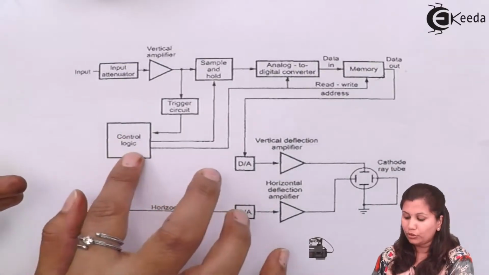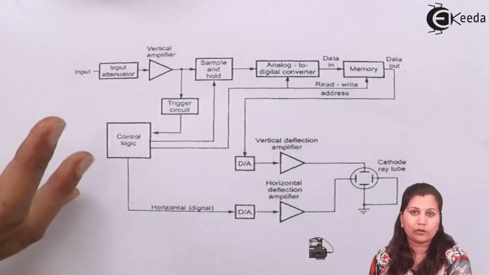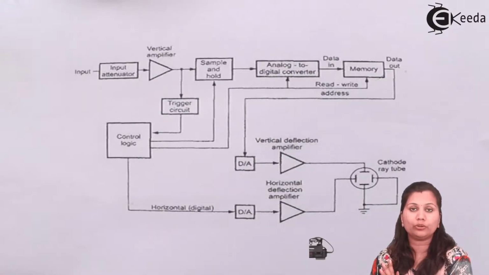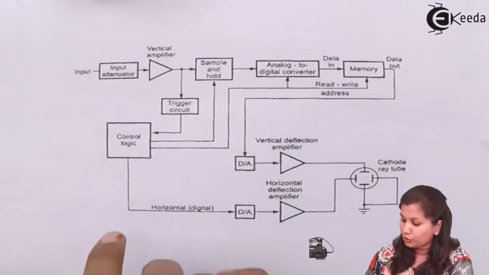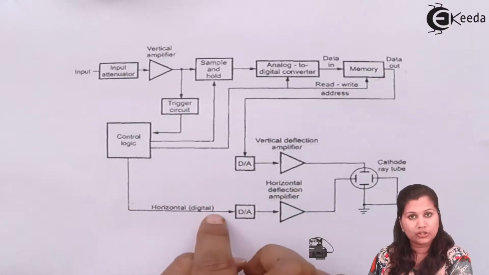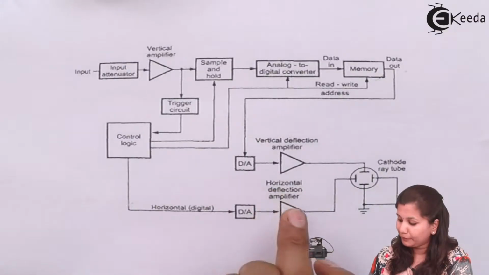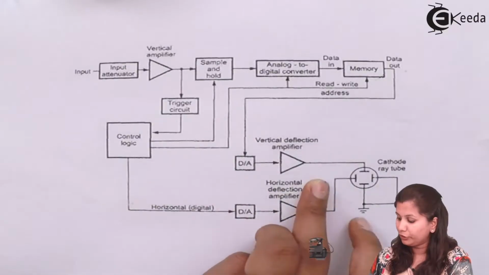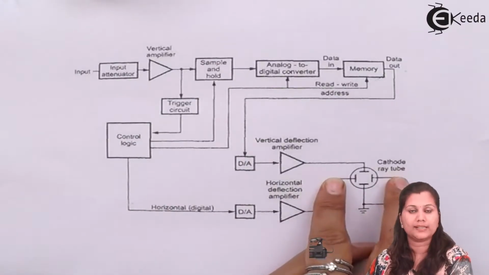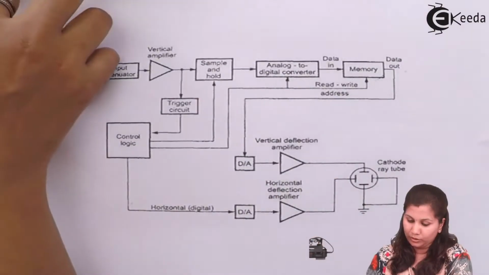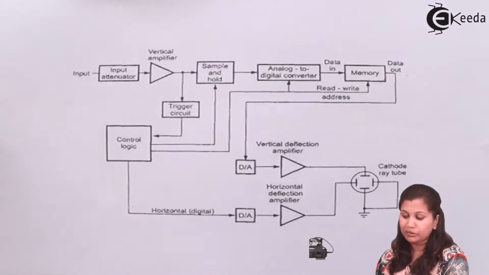Control logic means here we can use a microprocessor, which is going to do all the control logic in the circuit. So this is going to produce a digital signal, which is further converted into an analog signal, then amplified by the amplifier and given to the horizontal plates of the CRT. So if we describe this block diagram, it will be like,